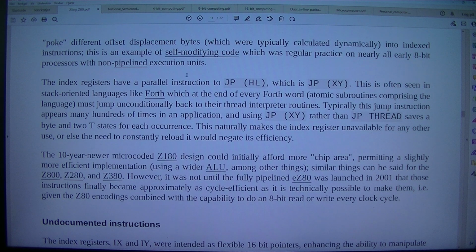The index registers have a parallel instruction to JP (HL), which is JP (XY). This is often seen in stack-oriented languages like Forth, which at the end of every fourth word, atomic subroutines comprising the language, must jump unconditionally back to their thread interpreter routines. Typically this jump instruction appears many hundreds of times in an application, and using JP (XY), rather than JP thread, saves a byte and 2 T states for each occurrence. This naturally makes the index register unavailable for any other use, or else the need to constantly reload it would